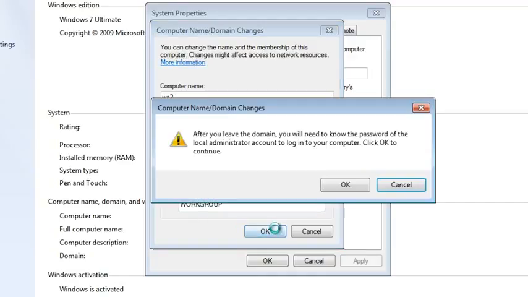Windows will remind you that once the computer is taken out of the domain, you will need to know a local administrator account on the computer to access the computer. If you ever take a computer out of the domain and don't know the local administrator password, I would suggest changing the password before you remove it from the domain. If you don't know a local username and password, when the computer reboots, you will not be able to log